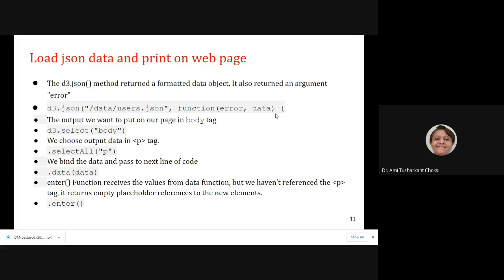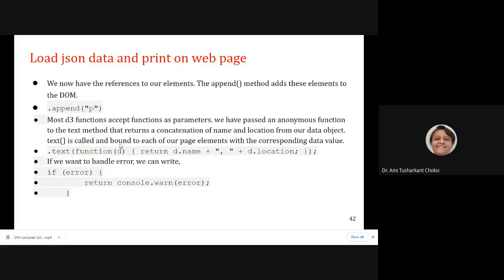If it is successful in loading and reading the file, it gives us the data object initialized, or otherwise we get the error. So if we want to handle the error, we can write: if error, then return console.warn error. That's right. So we'll be able to give the warning for the error.